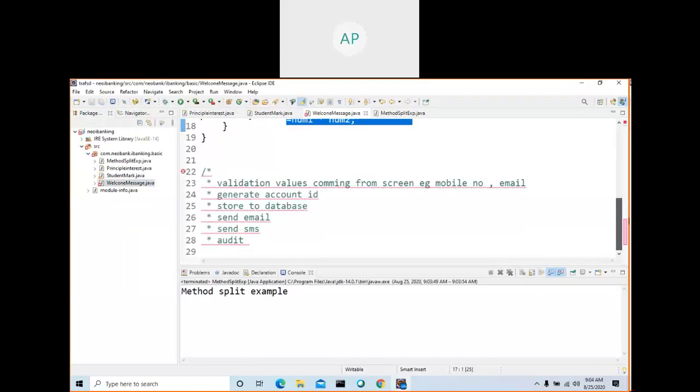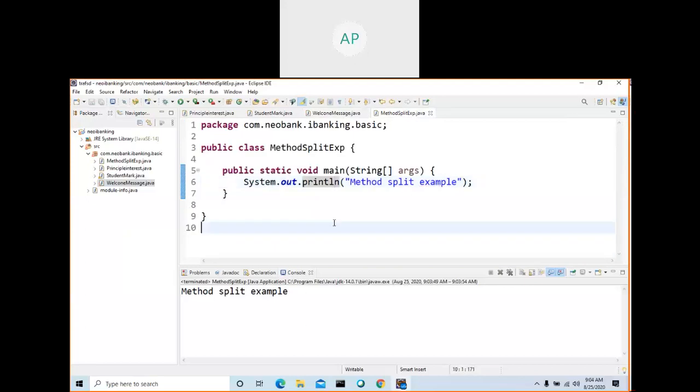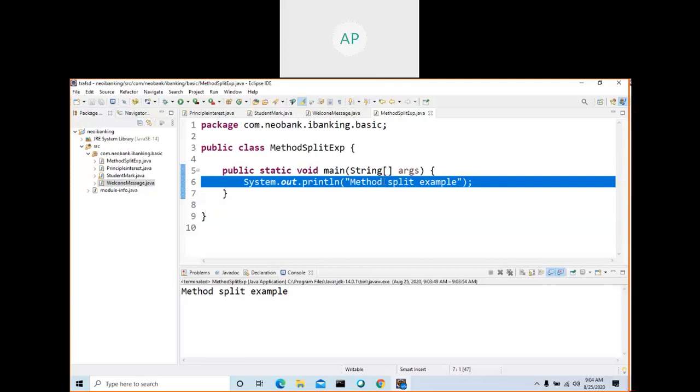Package. Okay. So if I run, it will display this.